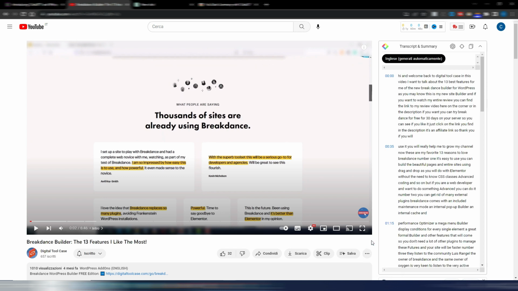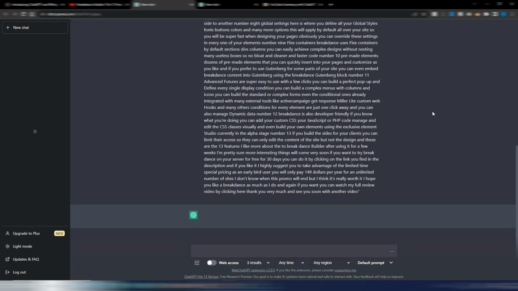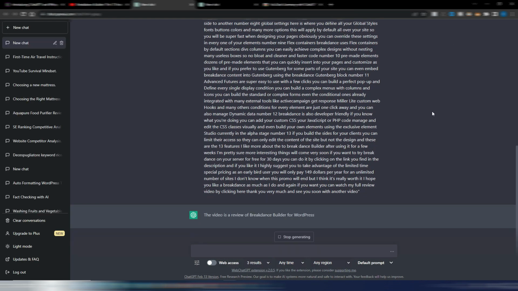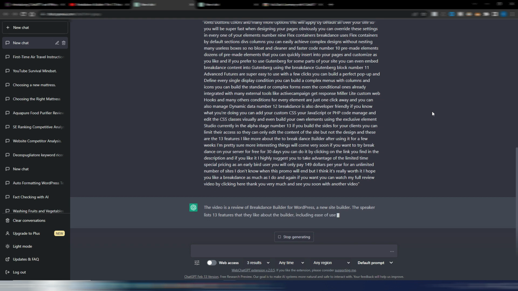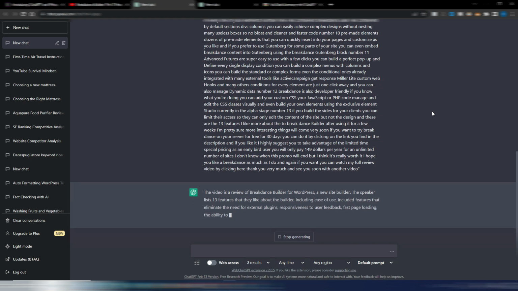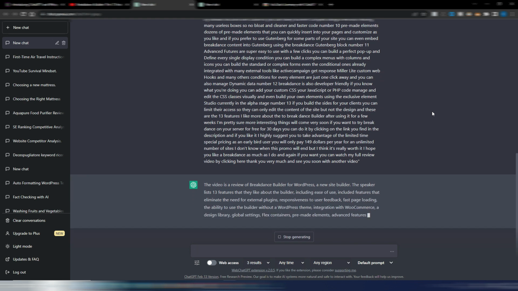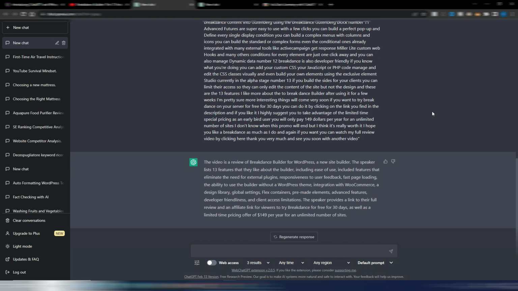So why use this extension? Because theoretically, it should make things easier: by clicking on this icon, the ChatGPT icon, ChatGPT will open automatically, your transcription will be copied here, and a brief summary will be created inside ChatGPT. As you can see, now I have a little summary of my whole video transcription.